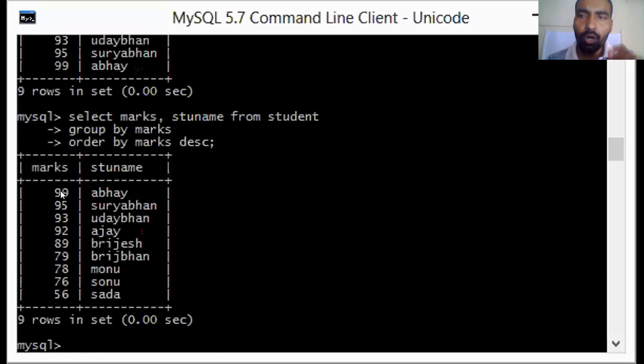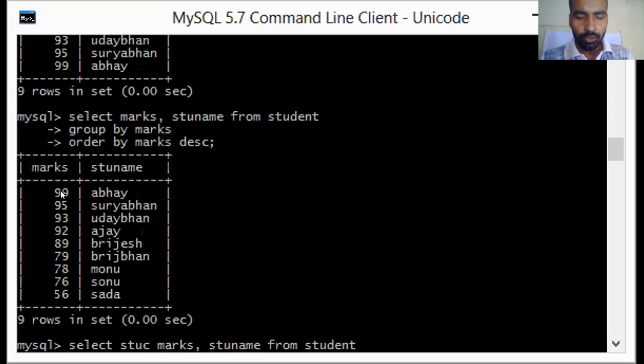Okay, now one more interesting thing. You can also have the ordering in group by function. That is, if you group the matching values, in the matching values also you can have the order by function. Let me apply that and you can see the interesting thing. So let us write select marks, STU name. Let us write STU class also.